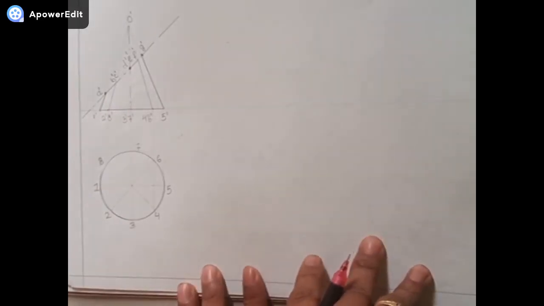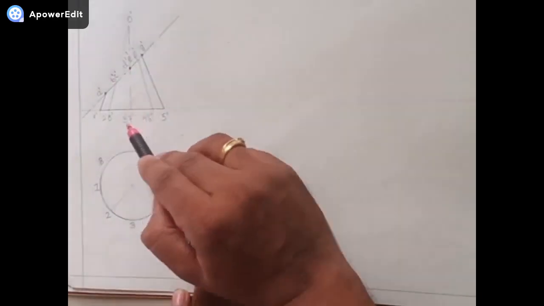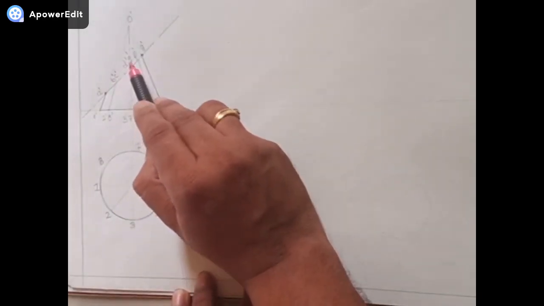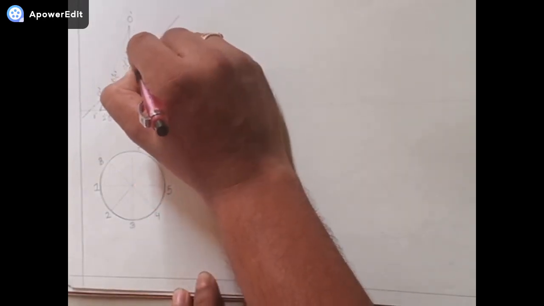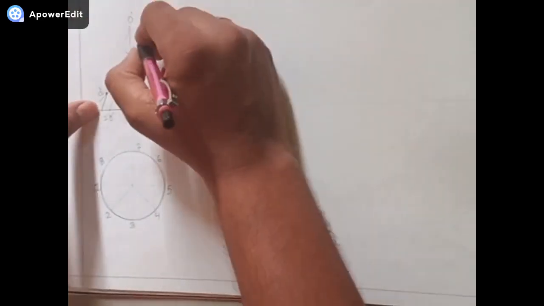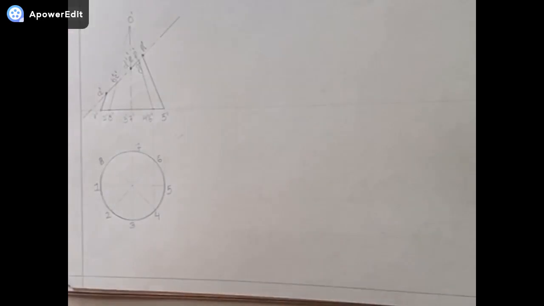I have marked the positions of the points, that is, first this O dash, 1 dash, the first point that is cutting will be A dash, then O dash, 2 dash, 8 dash. There are 2 points that are cutting, so I have marked it B dash and C dash. There are 3 and 7, so I will mark it D dash and E dash. So there is 4 and 6, so I will mark it by F dash and G dash, and there is only one single point, so I will mark it by H dash. So you can all see what I have done in the problem.